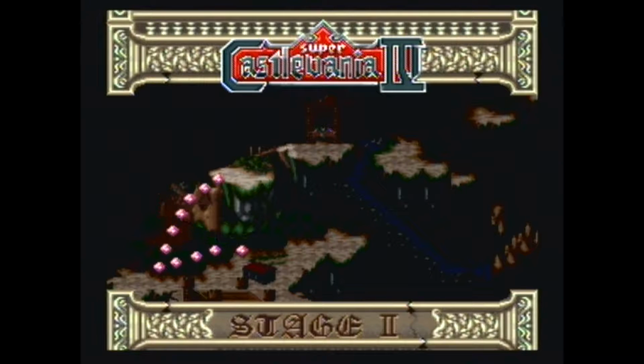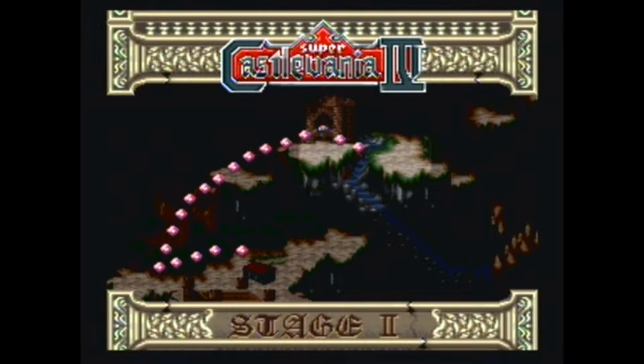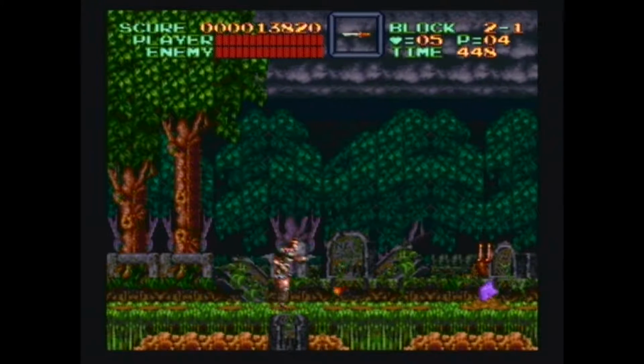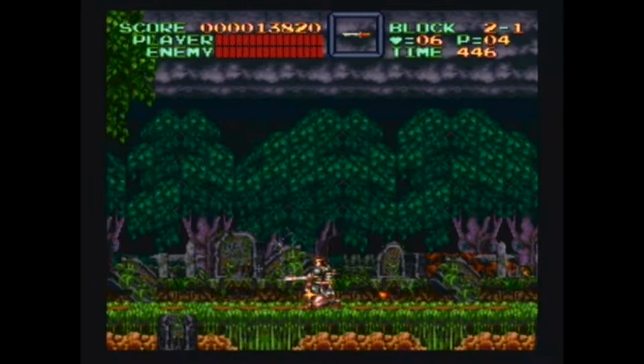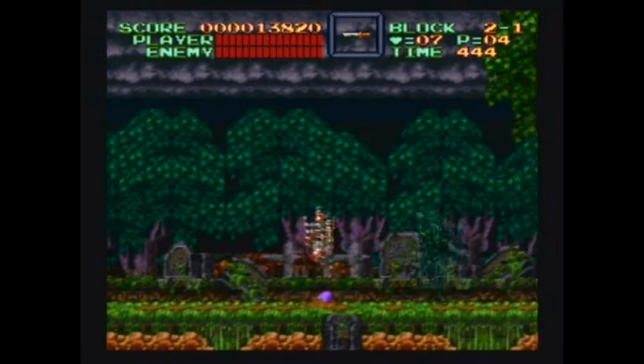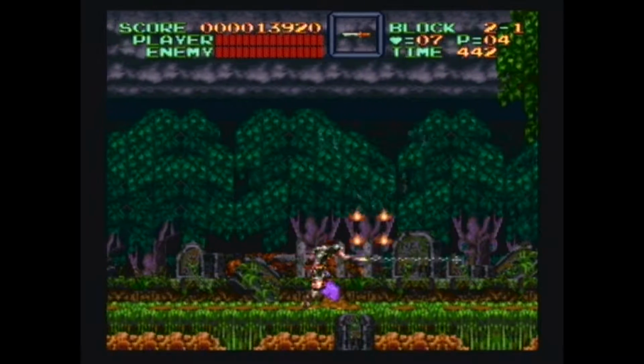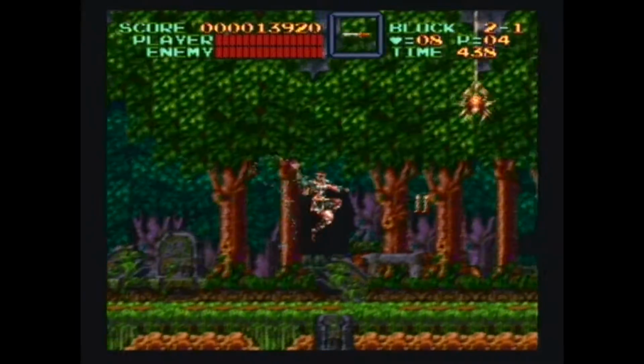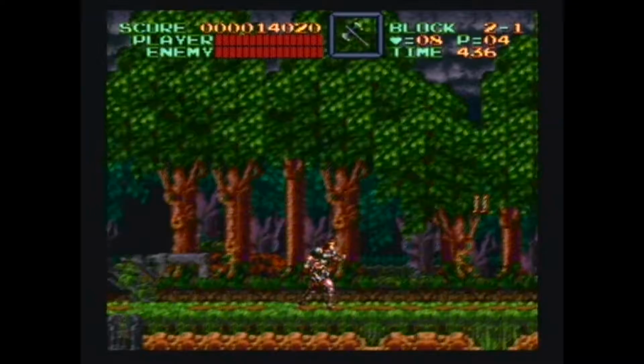Oh, listen to this part right here, coming up. I love it. Okay, stage 2. It looks long, but it's not really, actually. Oh, hooray. We got monster hands trying to grab us, and hedge monsters. There we go. Not that threatening. And we got these spiders and...